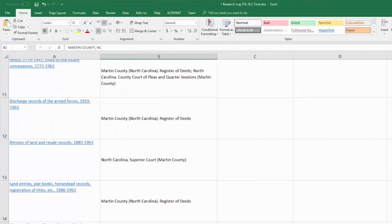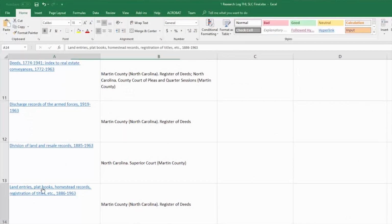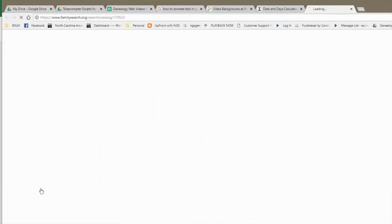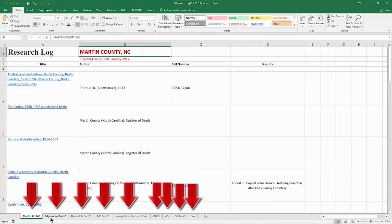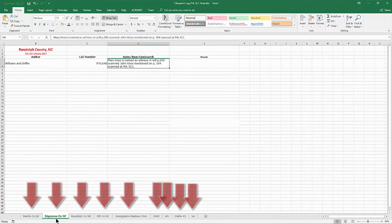You can even do this in your own office to save time. By doing this, you can also embed web links to the source with one click. You'll have all of the start of your source citations and results found collectively all in one place. In this example, I was using different tabs across the bottom for different counties on a research trip to Salt